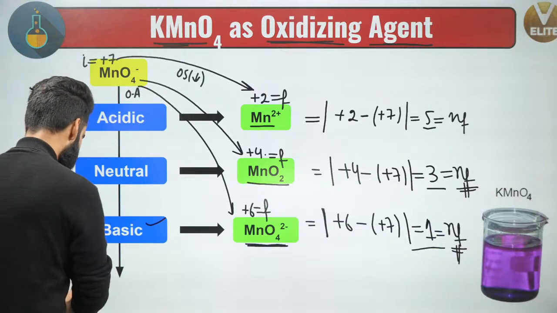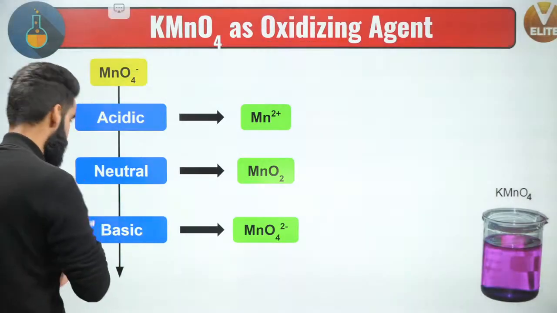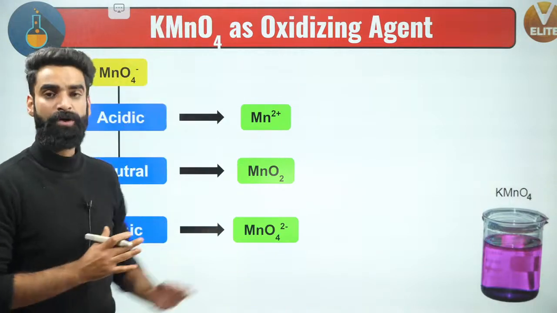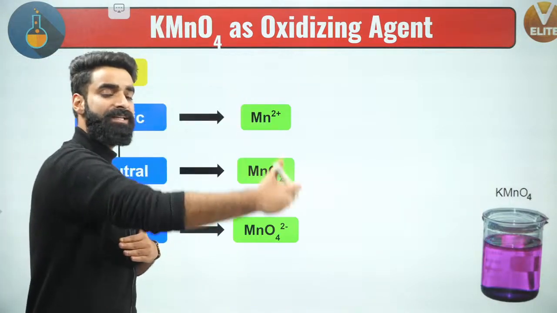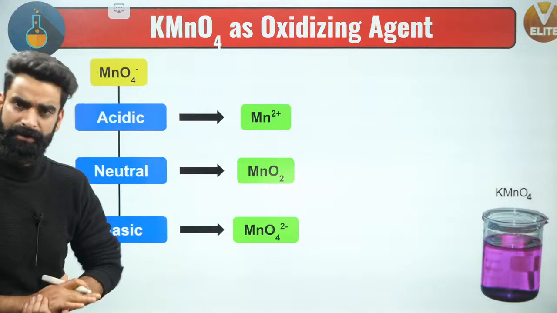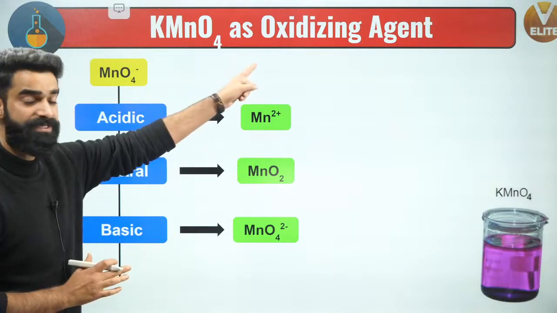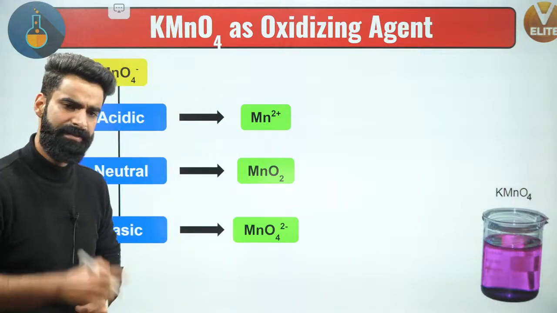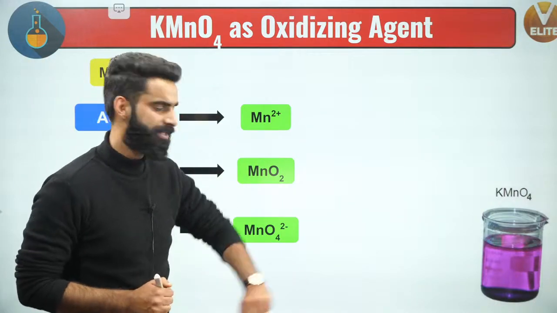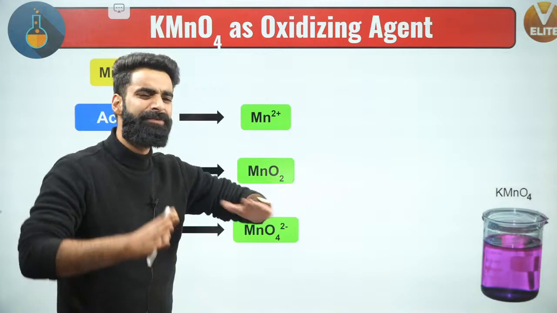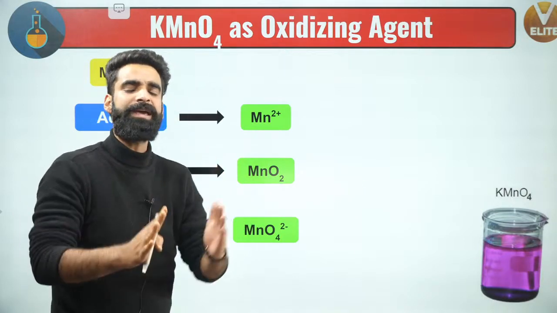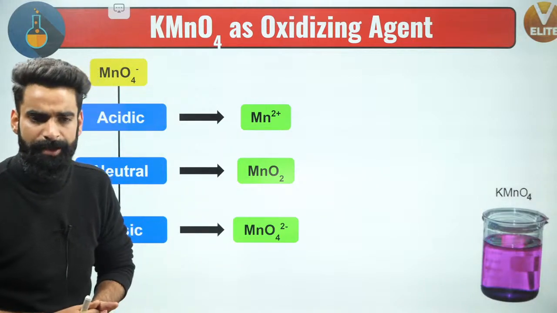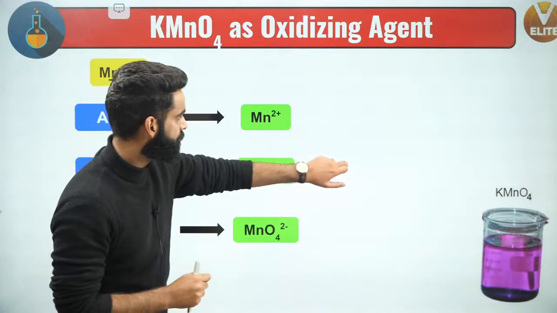All right, let's move on and talk about a few more interesting things, okay? See guys, I told you this KMnO4 acts as the oxidizing agent. It oxidizes others, but itself undergoes reduction. Yes, it is the oxidizing agent. Now people, understand one important thing right here. I will give you a few reactions and see how easily you can remember those reactions and calculate their N factors as well. Yeah, understand.